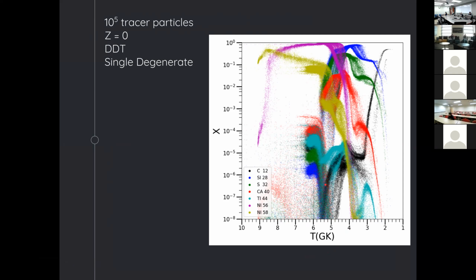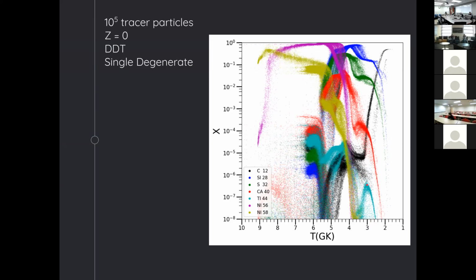Different particles at slightly different temperatures will have similar production because of the difference in the density. And then you can see here that nickel-56, from around about 4 gigakelvin moving into NSE, becomes by far and away the most abundant of the isotopes, trading off here as we get to higher temperatures, with nickel-58 taking over here. And then we have, for instance, titanium-44, a clear peak here that has some